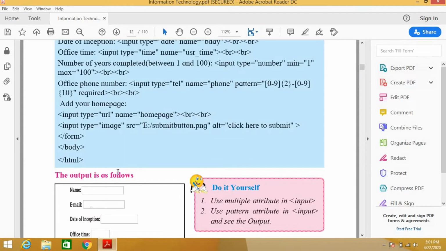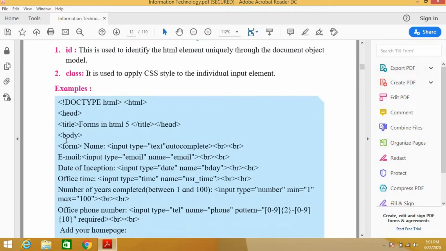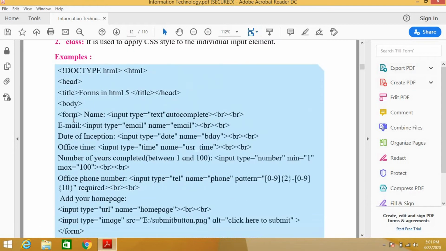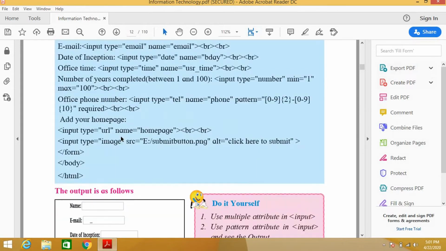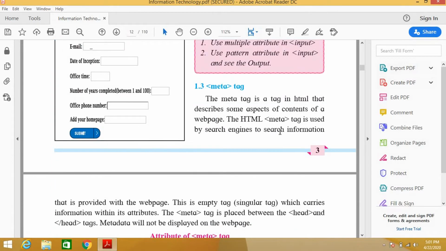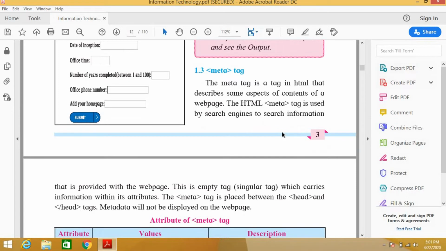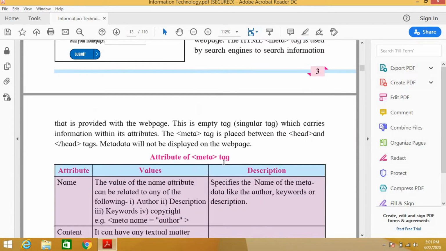For example, if you are writing head, you have to close the head tag somewhere. But the meta tag closing part is not required. That means it's a singular tag. If you write head and close head, it's a container tag. So a singular tag is also known as an empty tag, which carries the information within its attributes.